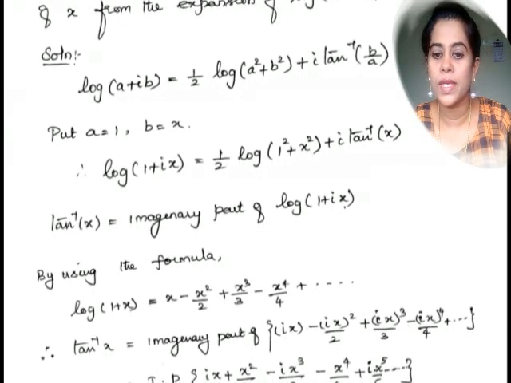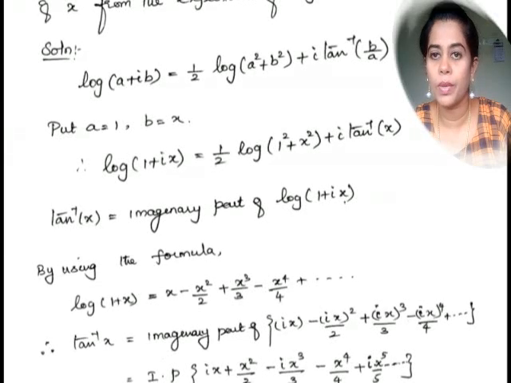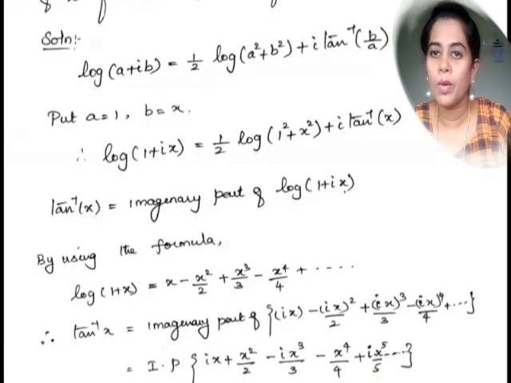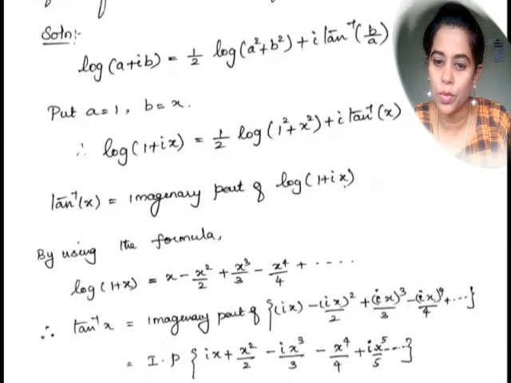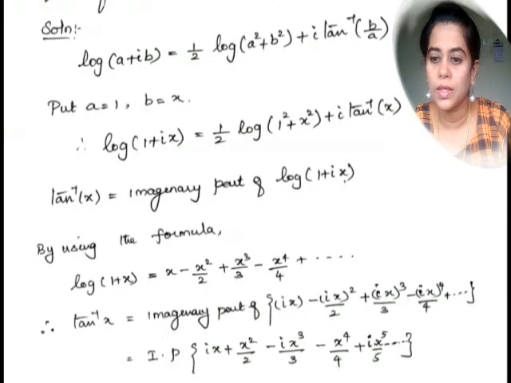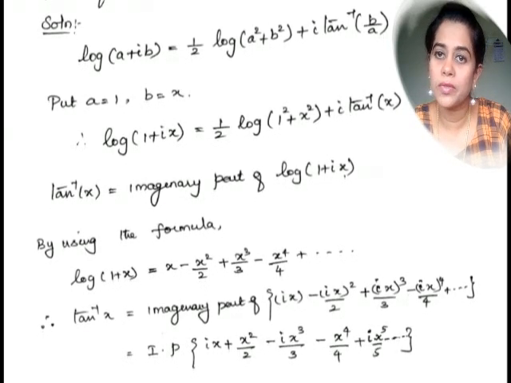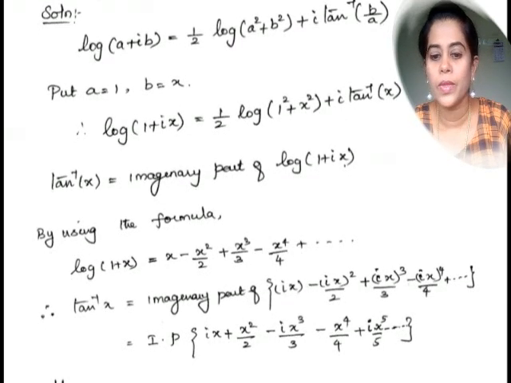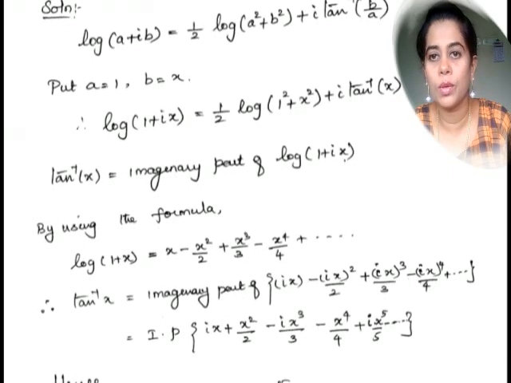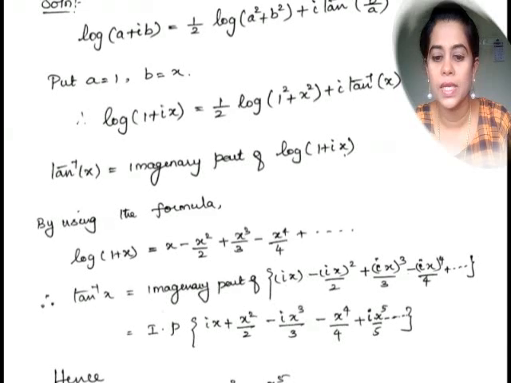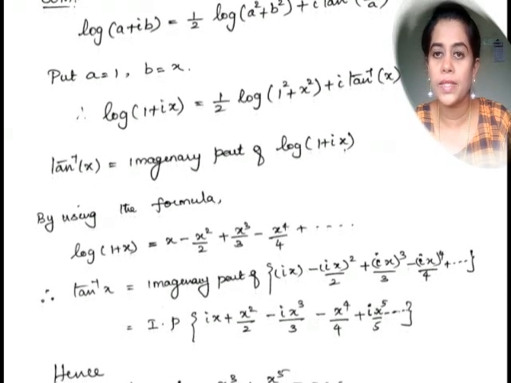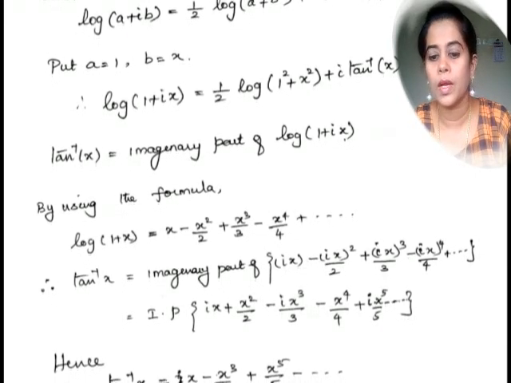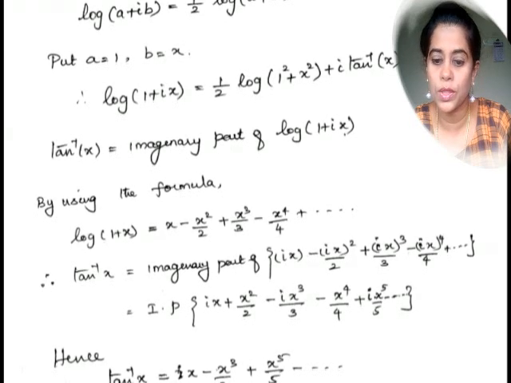So log(1 + ix), which means a is equal to 1 and b is equal to x here. So therefore log(1 + ix) is equal to 1/2 log(1² + x²) + i tan⁻¹x. So what is tan⁻¹x in this? tan⁻¹x is the imaginary part of log(1 + ix). So we know that by the formula of log(1 + x), it can be written as x − x²/2 + x³/3 − x⁴/4 + etc. According to that, we can write tan⁻¹x is equal to the imaginary part